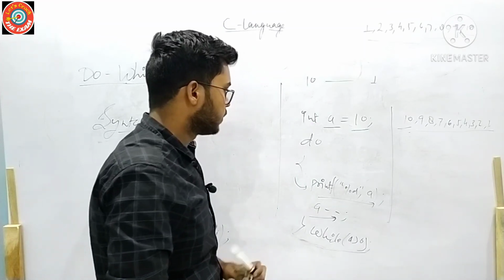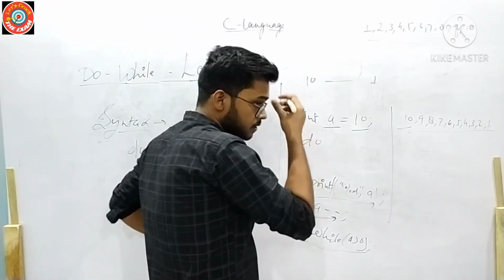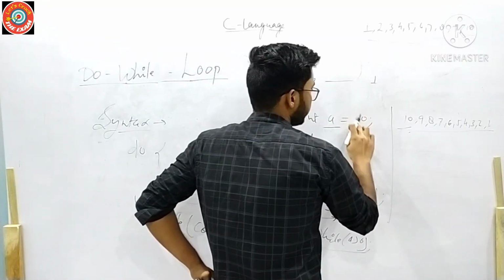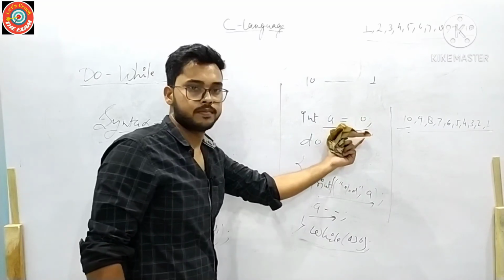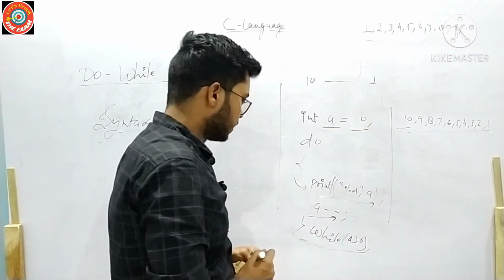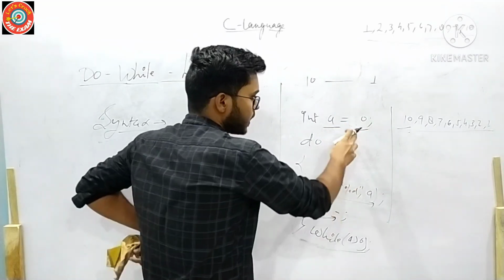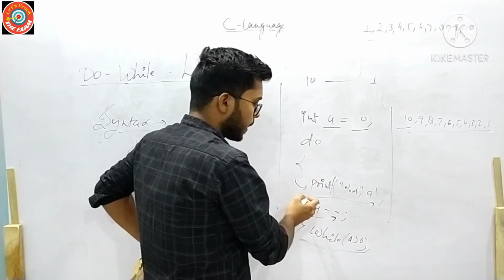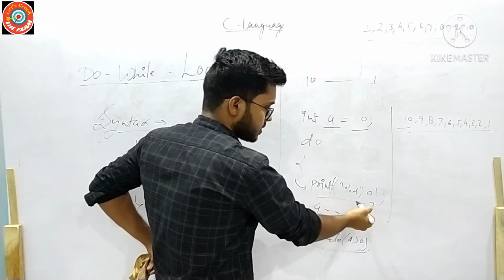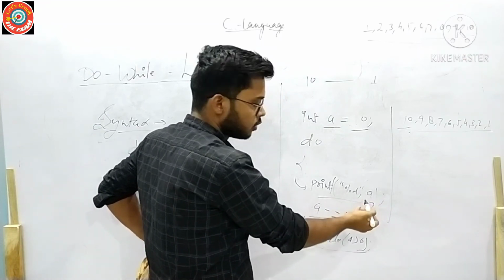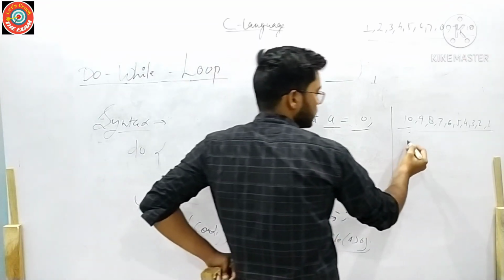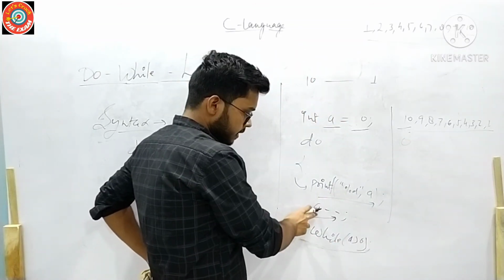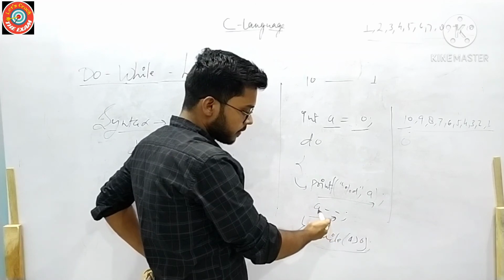Okay, so now we will see how it will work at least once. Okay, so we will take the value of a as 0. Okay, now we will run this program. Okay, so the value of a is 0. The body of do will compile. So the compiler will see that there is a function that is printing the value of a, and the value of a is 0. So it will print 0, and then it will decrease the value of a,